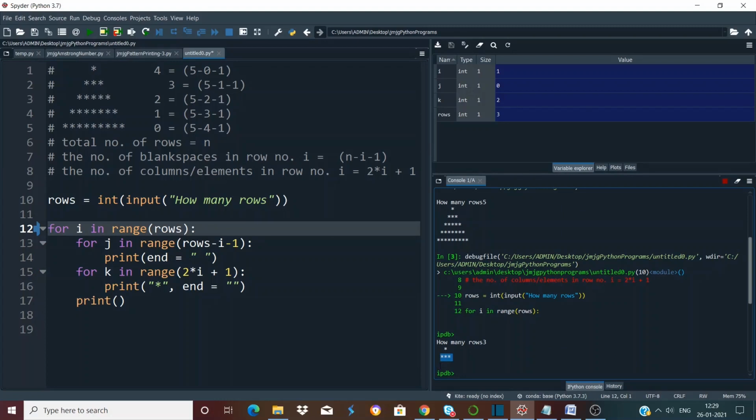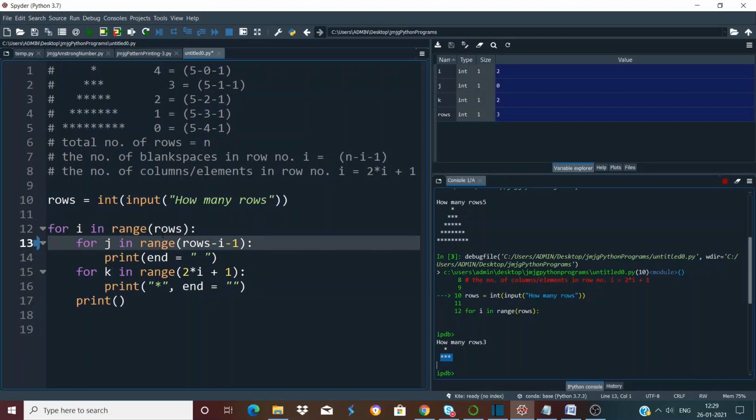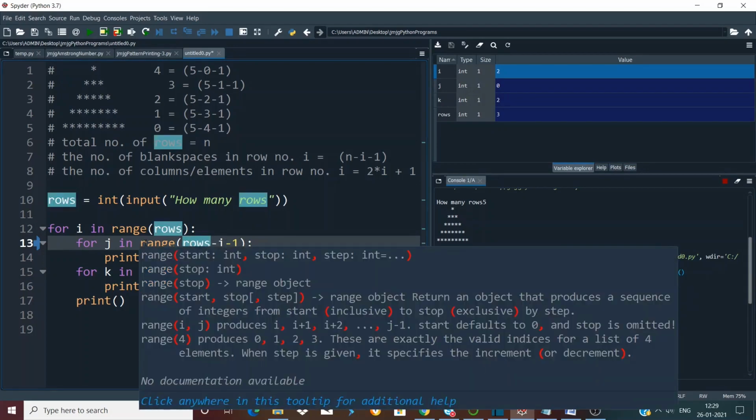So now we will enter the third and the last iteration of the outer loop. We have entered the third iteration of the outer loop. So now currently the value of i is 2. So 3 minus 2 minus 1 gives us a range of 0, right?